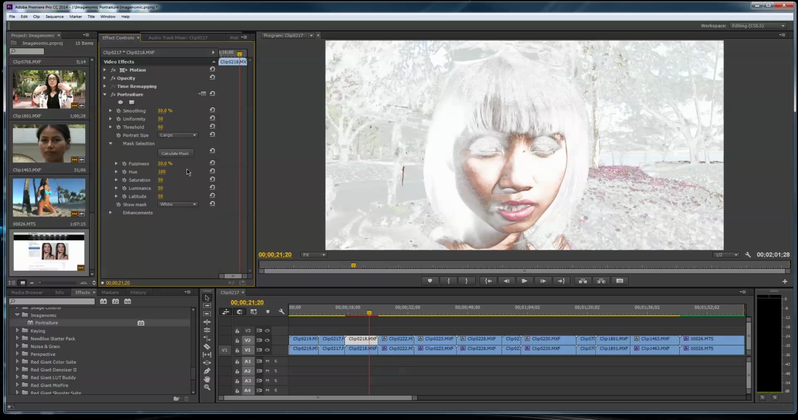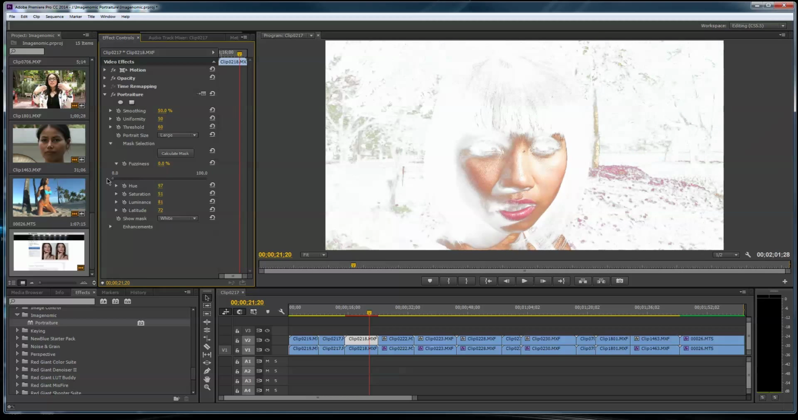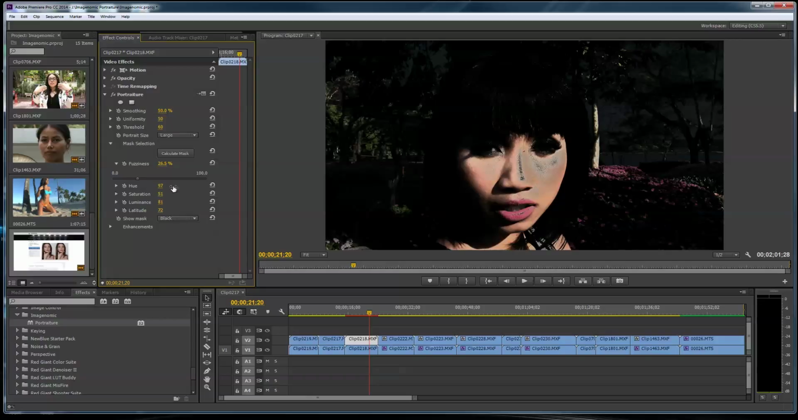Well, we want to tweak that a little bit, so let's hit Calculate Mask. And now look at how much better. And you can go in and adjust it a little bit if you need to. So if you want to spread it out a little bit more, take out some of the things that it's missing. You can also look at it with a black mask to see the areas that are being covered with the filter. Now that we've done that,